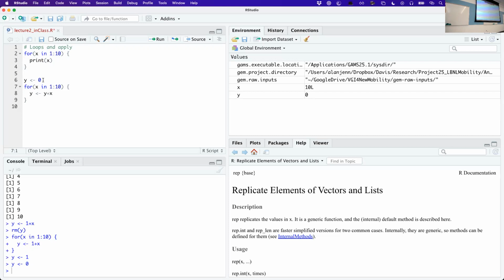So we're going to start getting into more and more complicated loops. And maybe for this particular one, it's too simple. Well, I'm not even going to say it's too simple, but